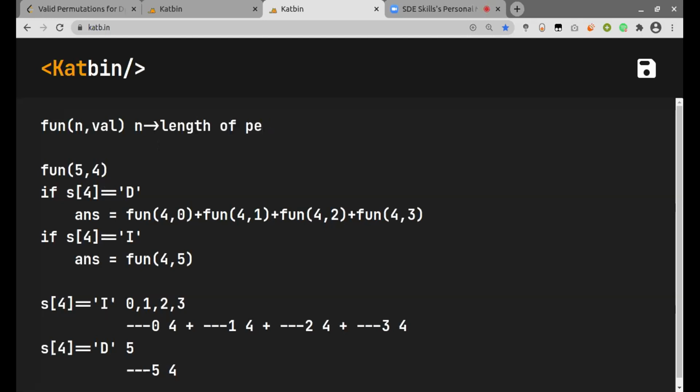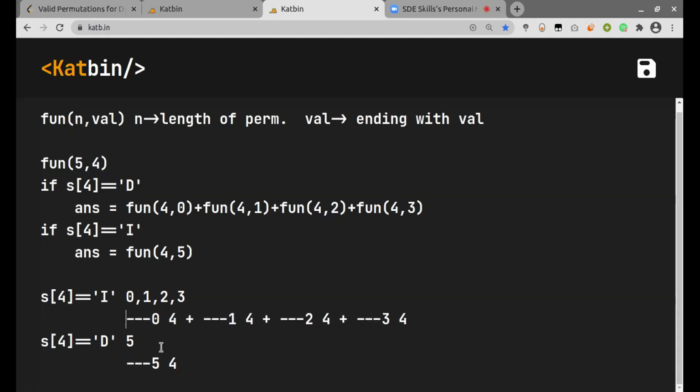Okay. So you are trying to say that if you encounter D in the S at a particular location, you want to go from 0 all the way to that character's digit minus 1, right? So you're trying to go from left to right, but if you encounter I, you're trying to go from right to left, right?